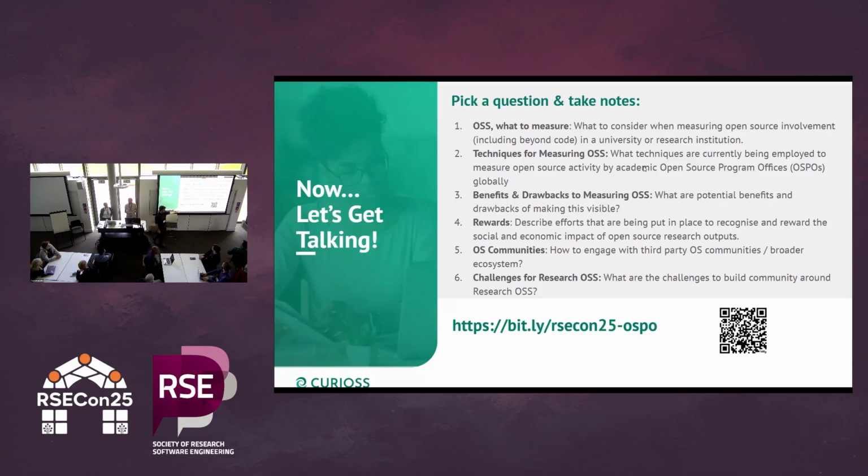So we have a QR code that goes to a Google Doc, which should work for this many people. There are a lot of you, and we thank you for that. That link also goes to the Google Doc. In the Google Doc, we have all the 6 questions, and then we have tables, and we have table numbers so you don't write all over each other's things. Really quickly, just like in kindergarten, it's going to be 1, 2 in the back, 3 right here, 4, 5, 6, 7, and the organizing table. You guys do what you want to do. So those are tables, and then if you're online, it should say online table. Should be pretty easy. So if you can write notes there.